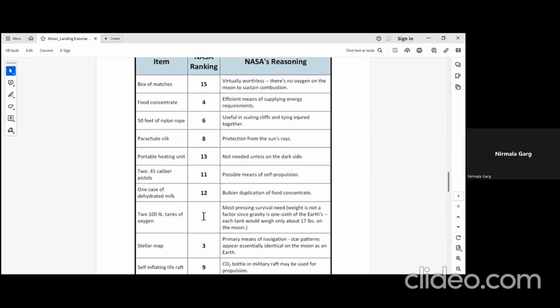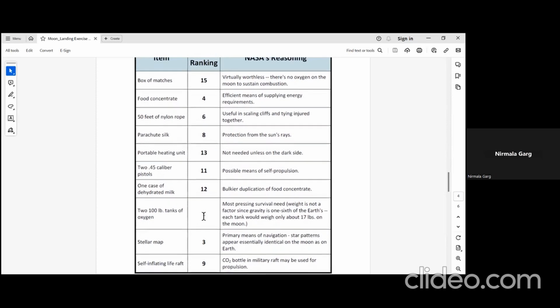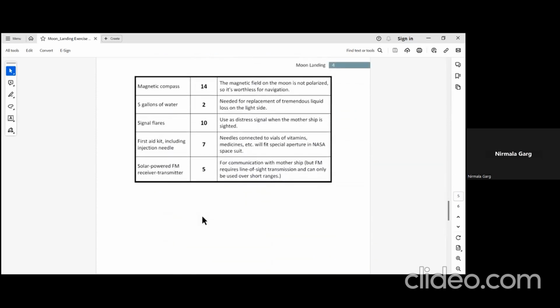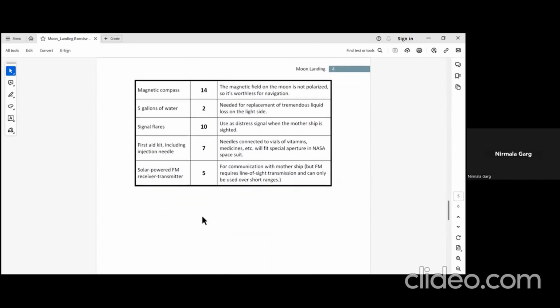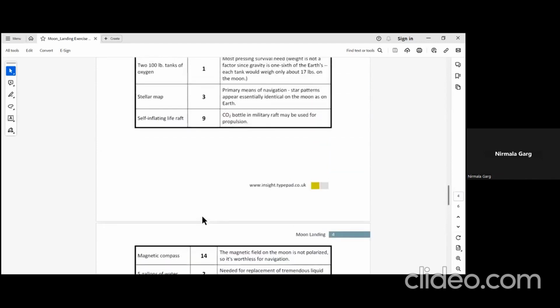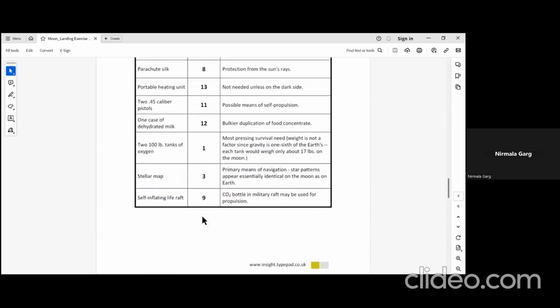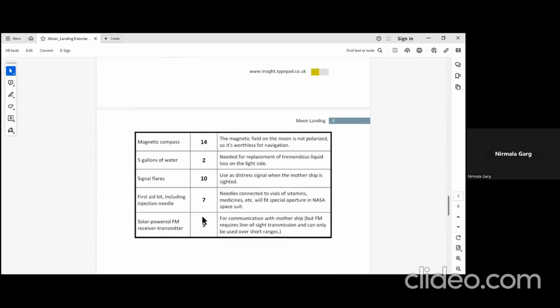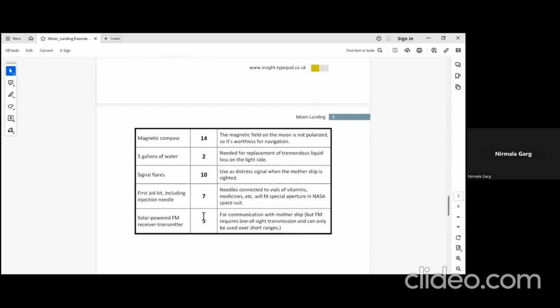Second, where is two? Next page. Two is water. Then three is the stellar map, so that you are able to find out where you are. Four is food concentrate. I'll tell you the least important ones, and I'll give more rationale. Food is important. Five is the solar powered FM receiver transmitter, so that within a short range,